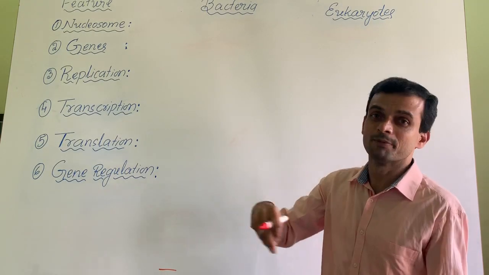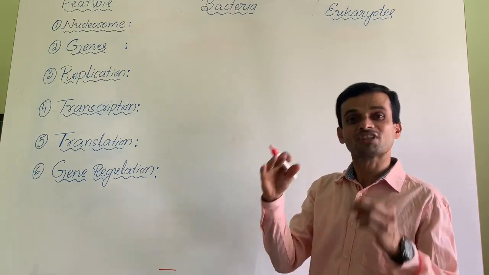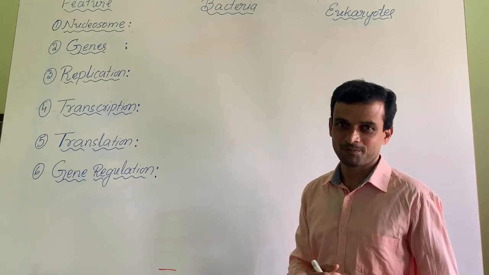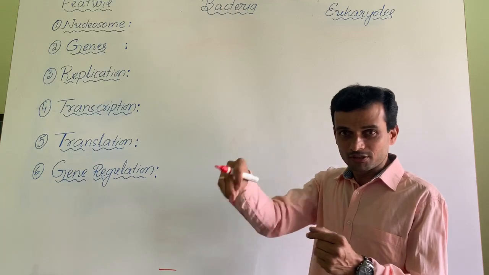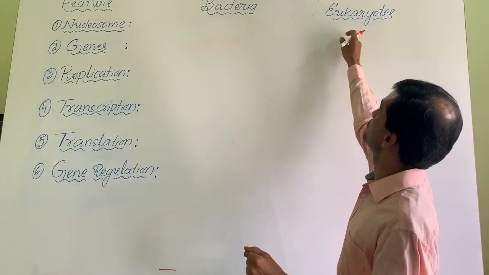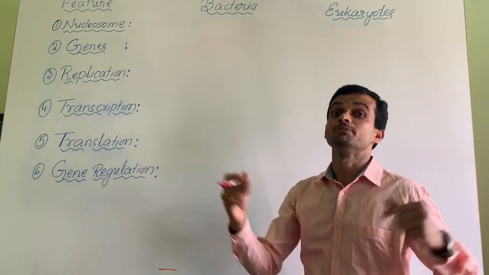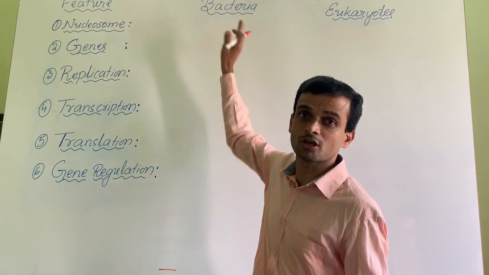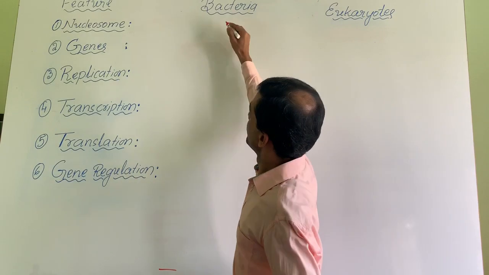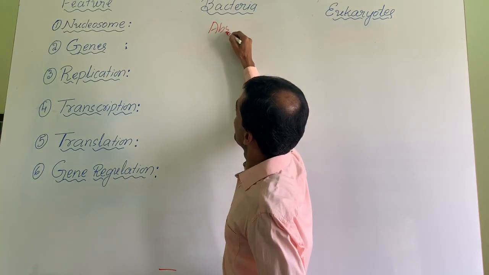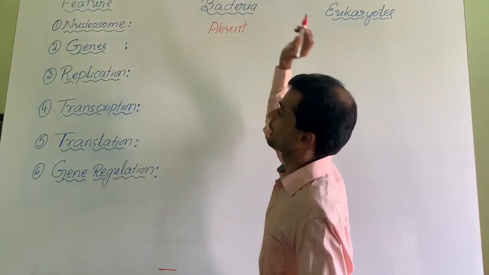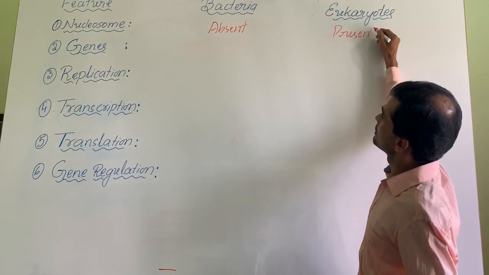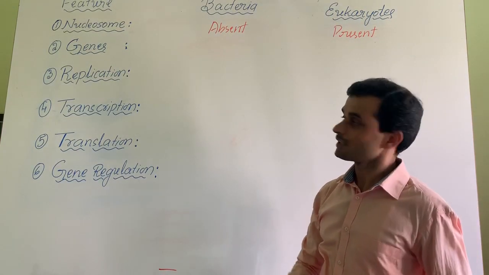You have studied octamers. Nucleosomes consist of histones. Histones form an octamer. What is the use of this? This octamer helps in coiling or packaging of eukaryotic DNA. We have studied the beaded string. I never find that type of beaded string or nucleosome or octamer in bacteria. Hence, histones are absent, nucleosomes are absent. All eukaryotes have distinct nucleosomes.